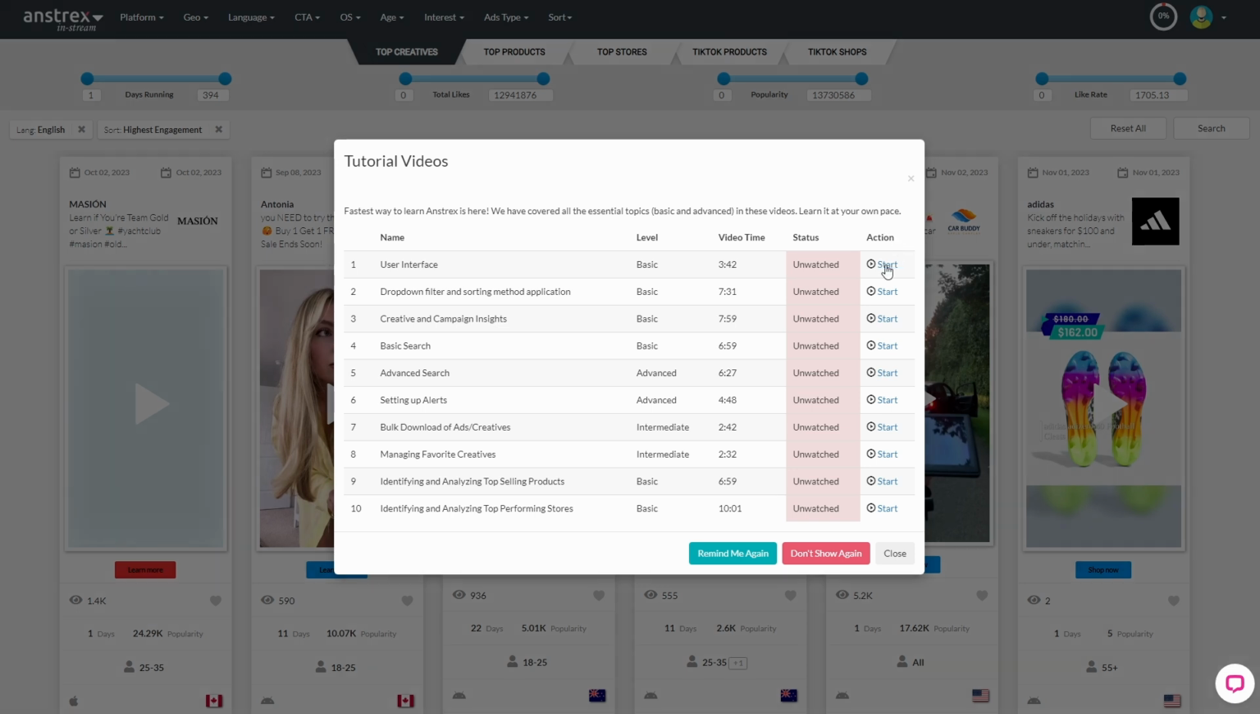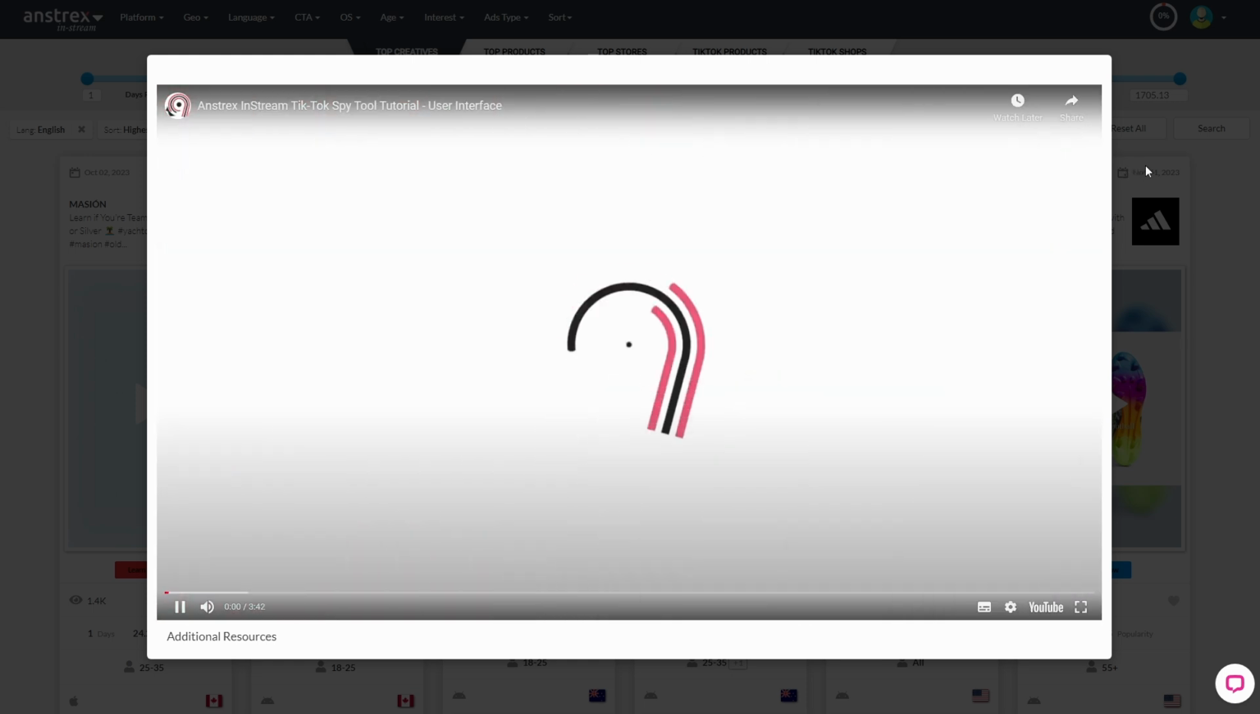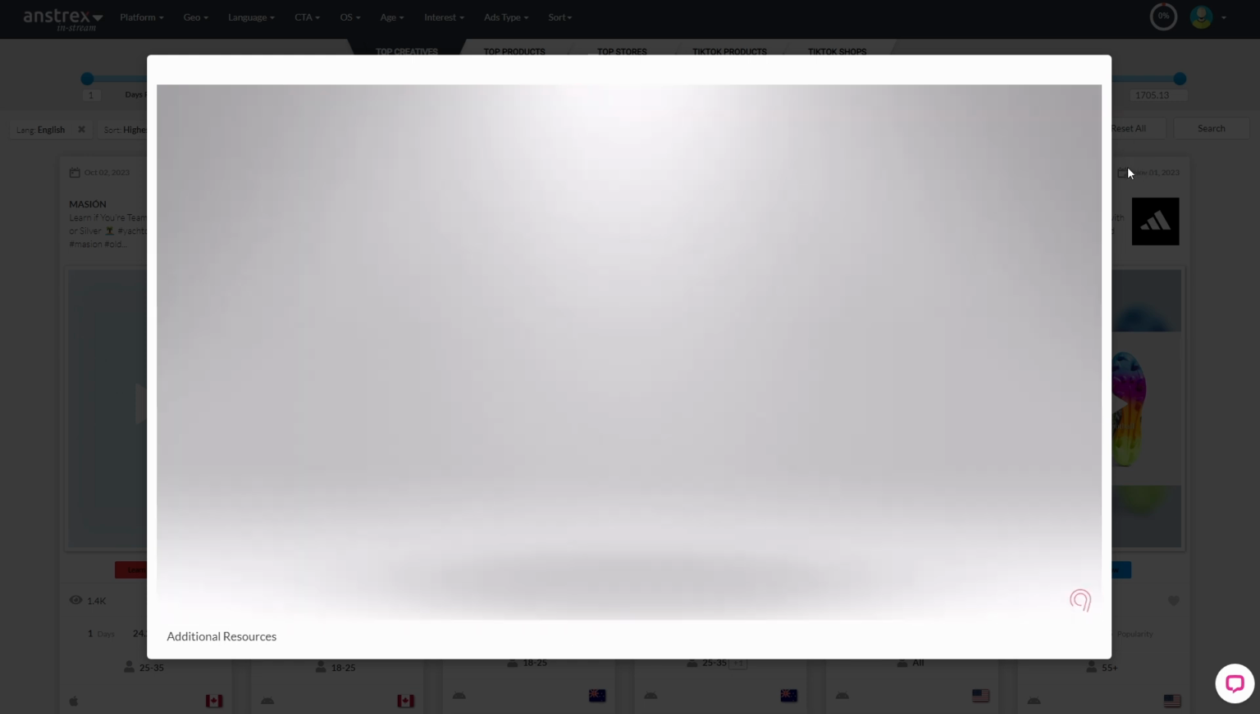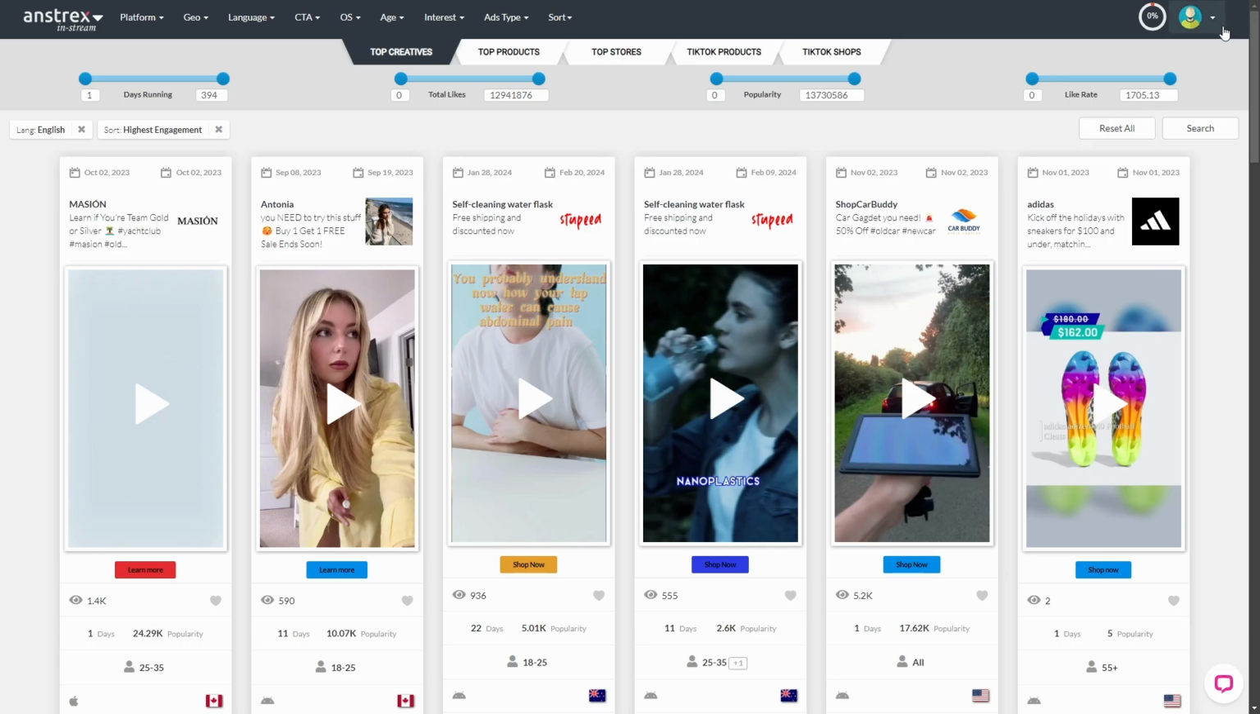So you just click on the start button and the video will pop up. And sometimes you also have additional resources. Now, another resource you can use is by going again to the right corner at the top and then clicking